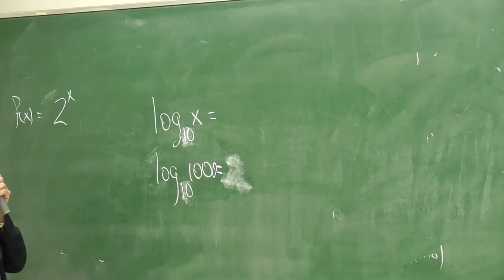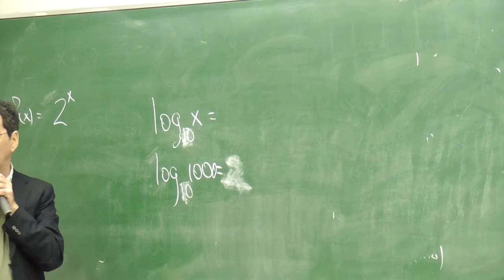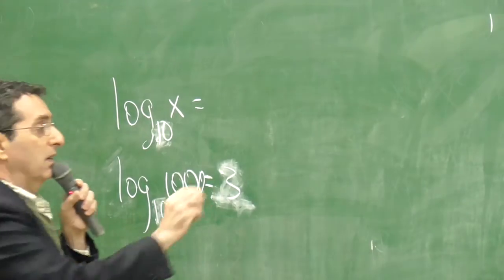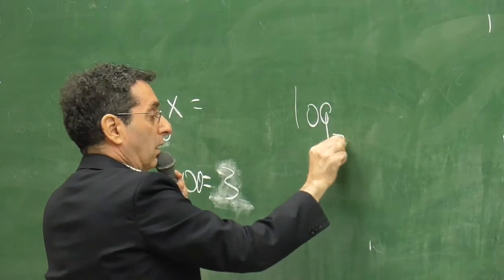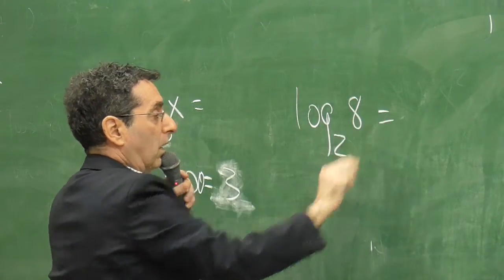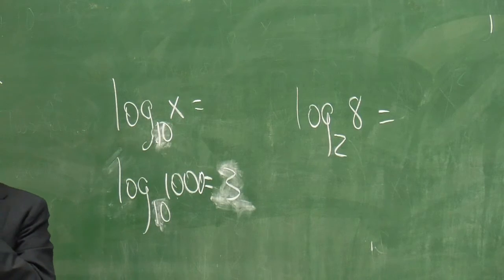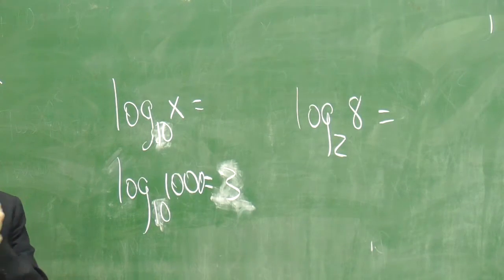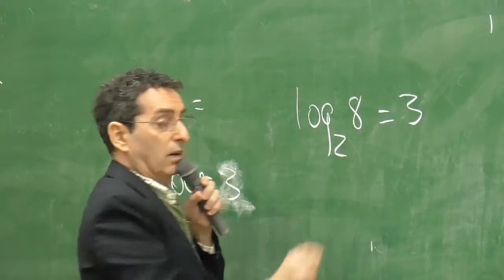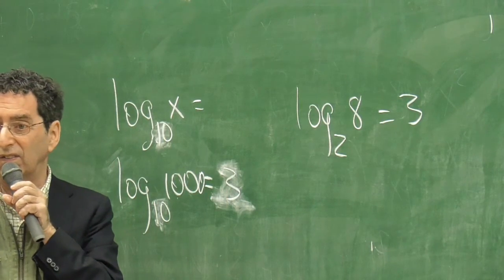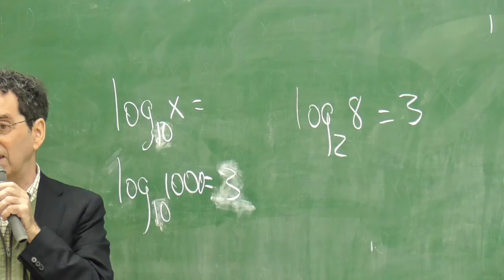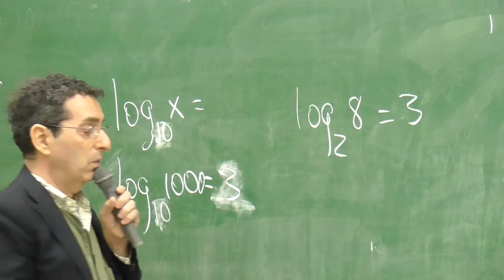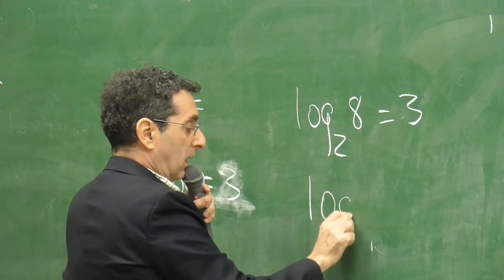The question is, what do you have to raise 10 to get 1,000? That's 3, right? Okay, and if I asked you this, it means what do you have to raise 2 to get 8? 3, right? Okay? So that's the log function, right? I know you studied it. Right? So if I write the log base